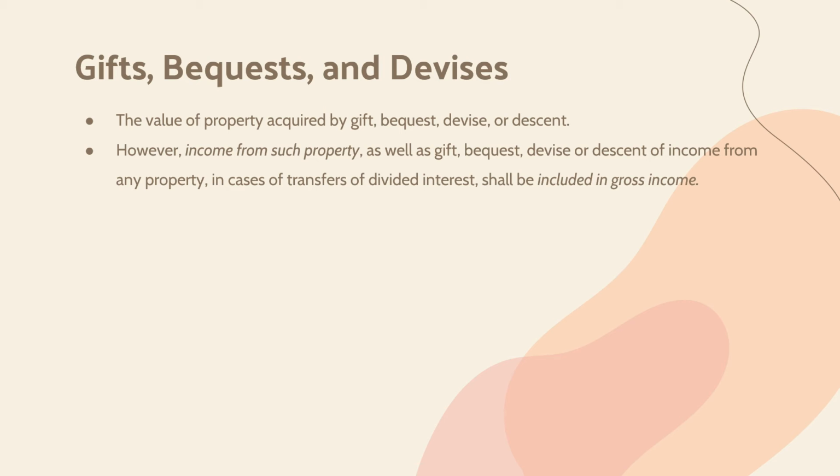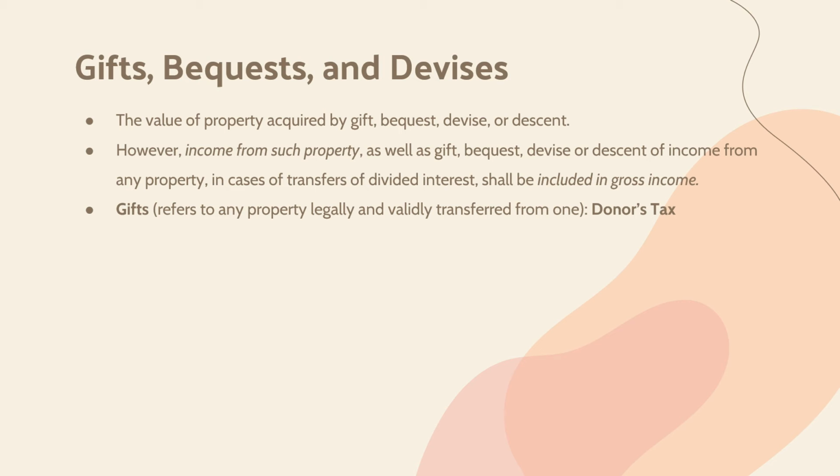However, when that gift has an income out of it, it will be taxable or it will be part of the gross income. So when we say gifts, this refers to any property legally and validly transferred from one person to another. The taxability of gifts is under donor's tax.